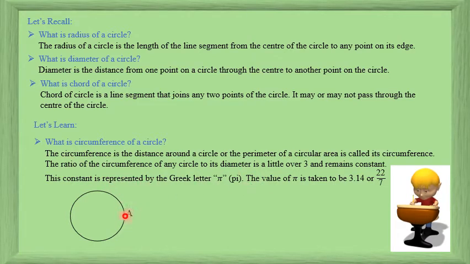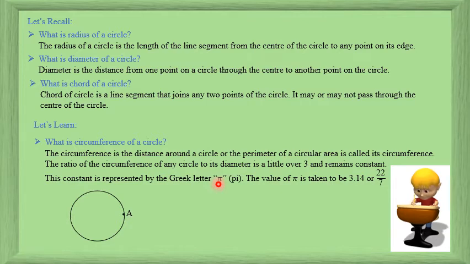And suppose I am taking the ratio of the circumference of a circle to its diameter, that ratio answer will always be a little over 3, and whether it is a small circle or a bigger circle, this answer, that is a little over 3, will always be constant. I'll always get something close to a little over 3. This, by the Greek mathematicians, is called pi. This constant that we will get is called pi, and it is represented as shown.